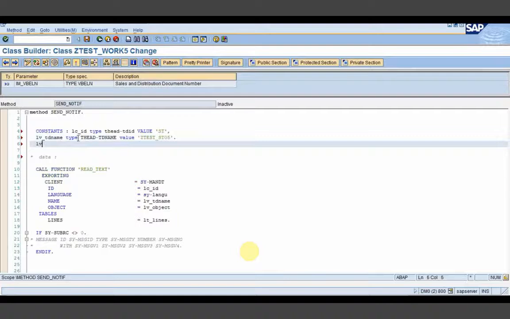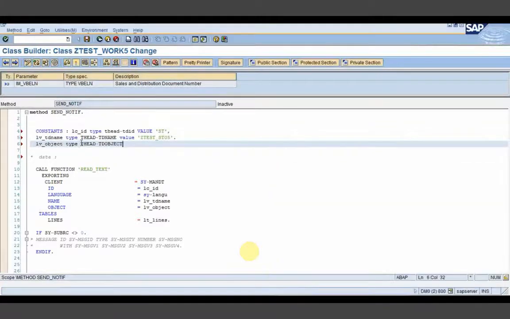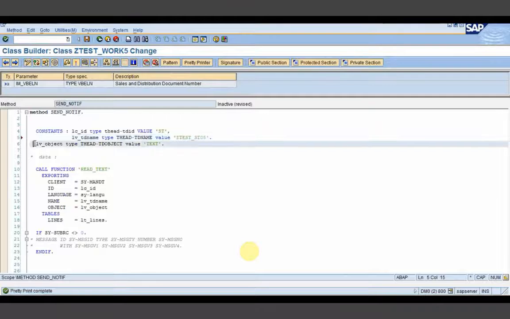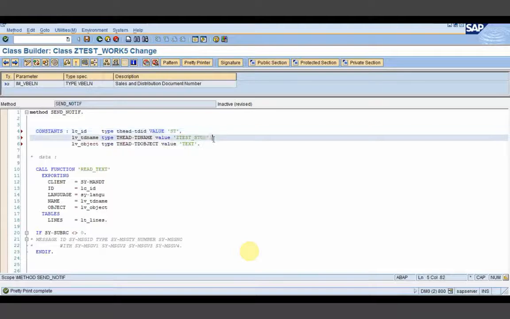And here in LV object, I will write as a constant as text. So here three constants I have declared.